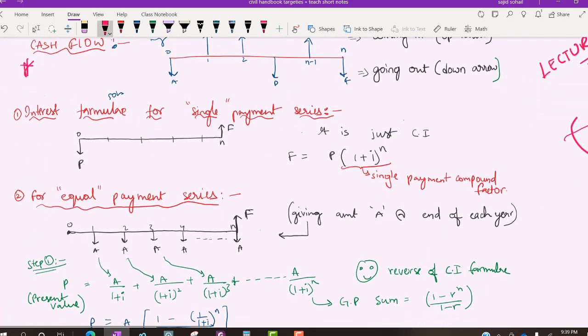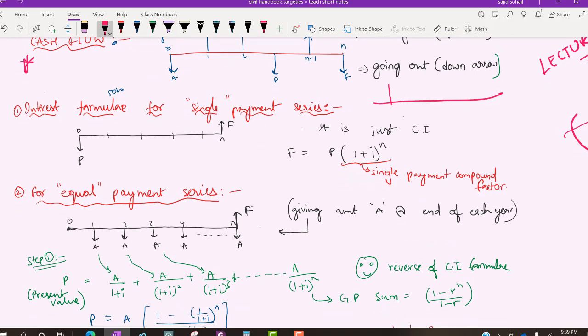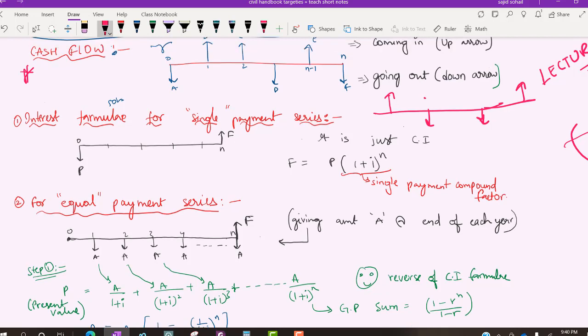Now next, the cash flow diagram. What is a cash flow diagram? Very simple. It is just a straight line with certain arrows like this. Whenever you are doing some business, even your expenditure, whatever, you can draw it as a cash flow diagram. This upward arrow represents what? Cash coming in, that means money which you are getting. For example, the first day you got 10,000. Second day you lost like 5,000. That will be represented as a downward arrow, because a downward arrow represents cash going out. If upward is coming in, downward is going out. Very simple. So this is how you represent the money. It's like a ledger: money going out, money coming in. Very simple, right? Did you understand?